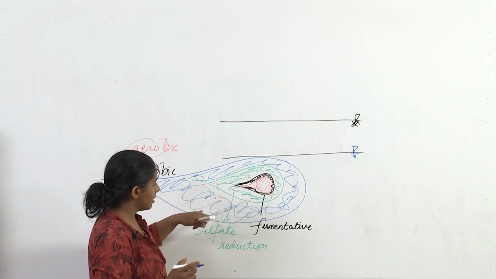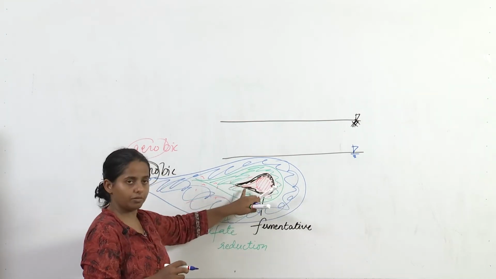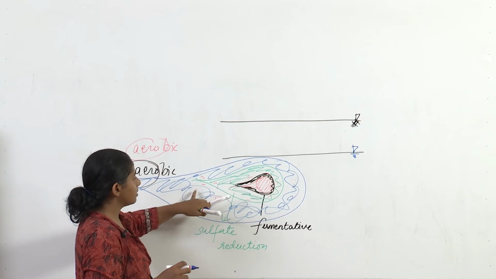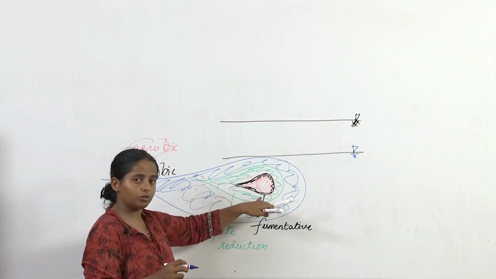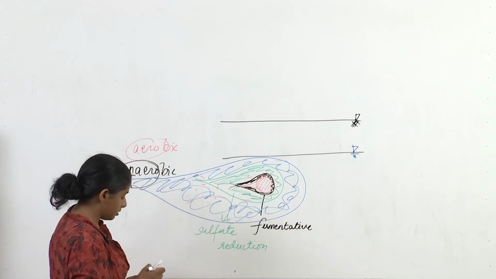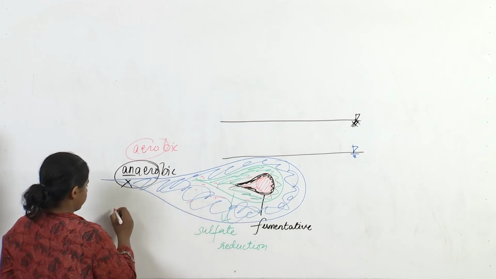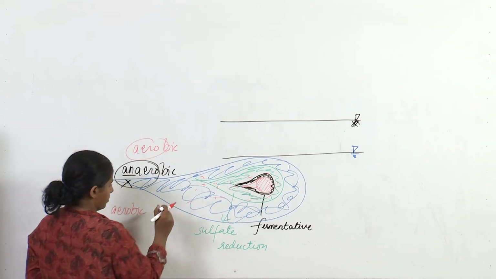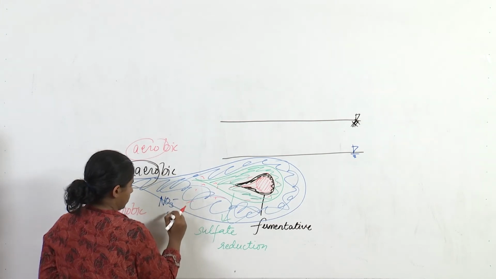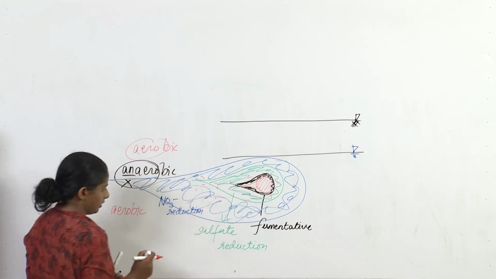Now notice this thing, once this sulfate is depleted, this will become fermentative. Once this nitrate is depleted, then the microbes will start using sulfate, and when sulfate is depleted, they will start using fermentation techniques. And outside this we have aerobic, and this is nitrate reducing. Alrighty, so